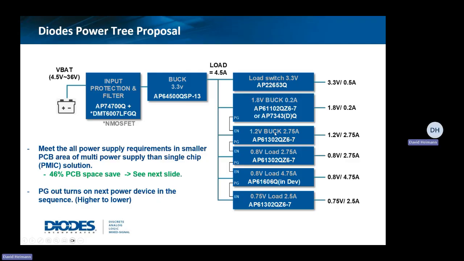We found out that we actually took less board real estate than the PMIC with external components took. And again, it was in that 5 to 10% range. So again, there's an opportunity here, right? In addition to being cheaper and smaller,